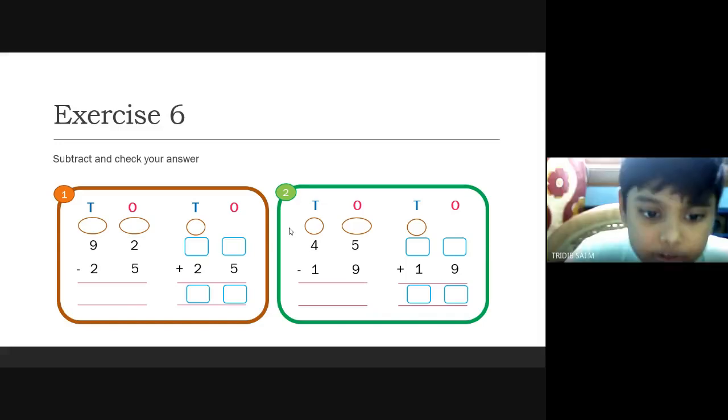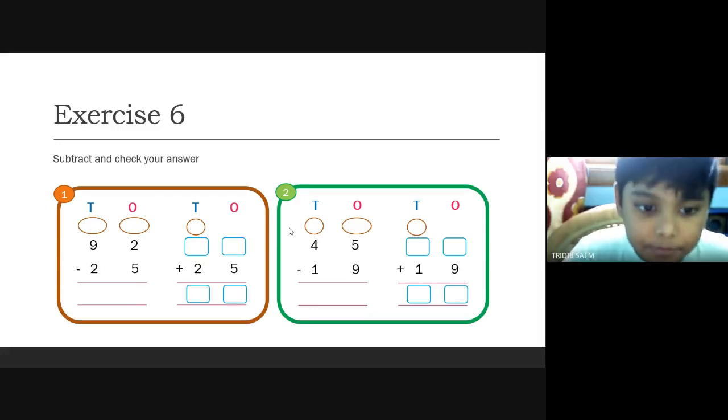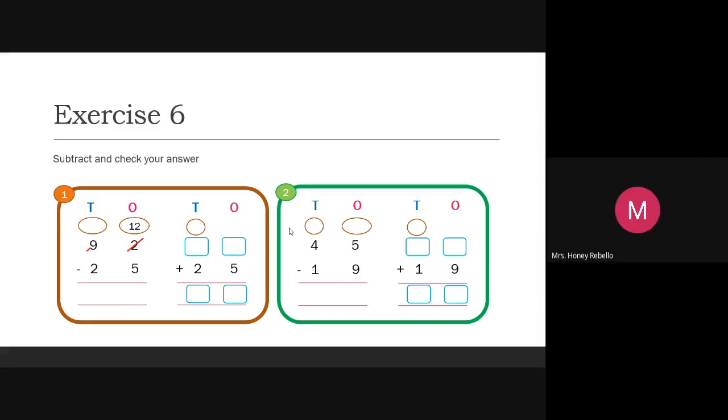Check the ones place number. 1 minute. Yeah. We will borrow from 10's place. 2 will become 12 and 9 will become 8. Now, 1 minute. Stop. Let them do it. Children, please do this. Okay, wait. No, Tridip, wait. Let them work out. They will take time. Now, 5 is greater than 2. 5 is bigger. Wait, Tridip. Okay, you also do it. 5 is bigger than 2.